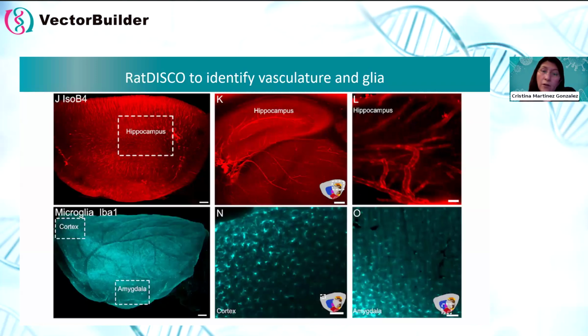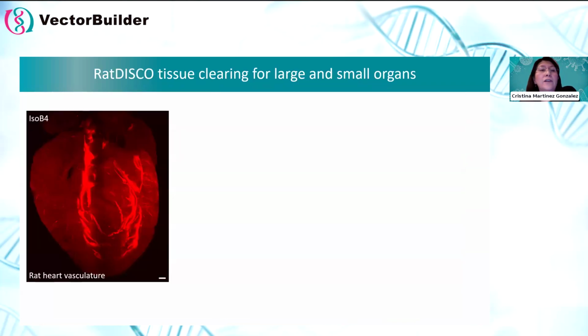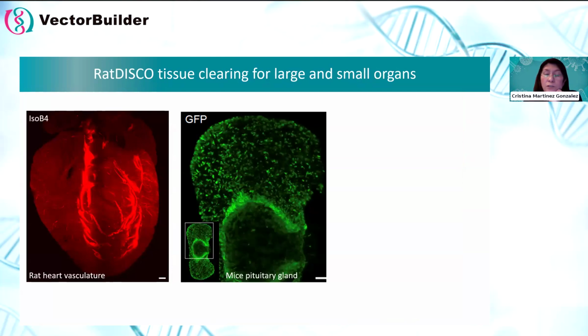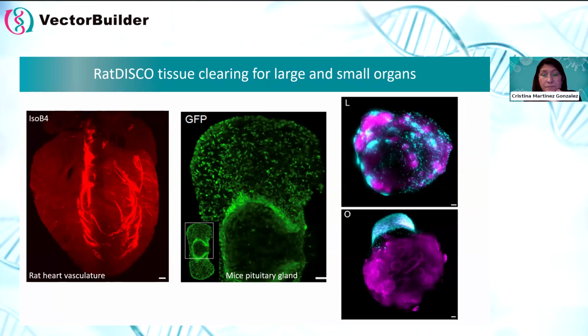We can also identify other populations that are not just neurons. We can also have microglia in this case. I'm showing an example. We can also clear not just rat brains, but rats' hearts, which are huge, much bigger than the mouse's. And we can also label very, very small things. In this case, it is the pituitary gland of a mouse, which is the size of a grain of rice, and